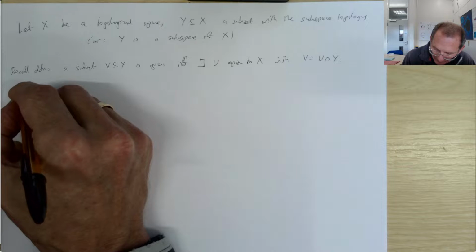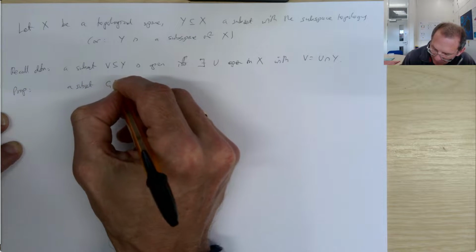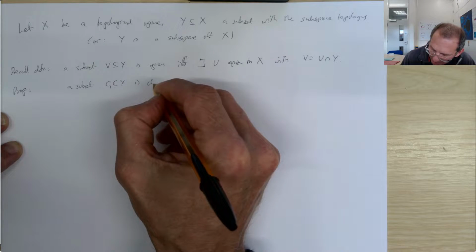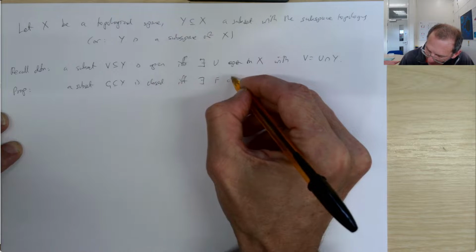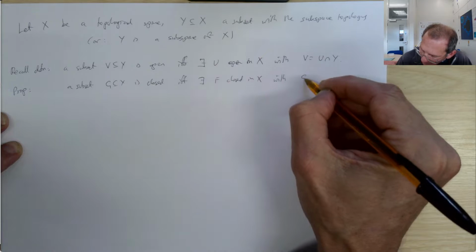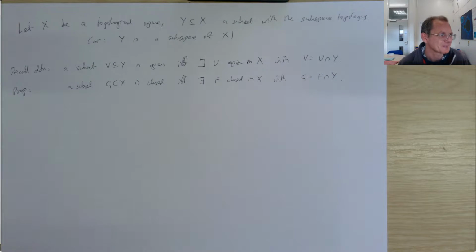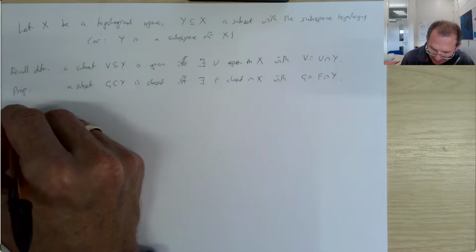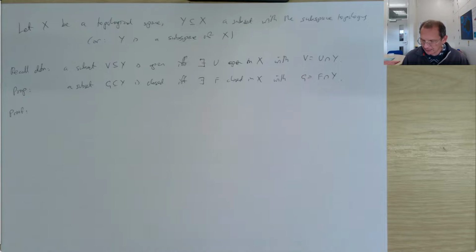And so now we're going to have a proposition. A subset G of Y is closed if and only if there exists F closed in X with G equal to F intersect Y. Okay, so the thing about open sets is the definition. The thing about closed sets is something we're going to deduce from the definition. Okay, so